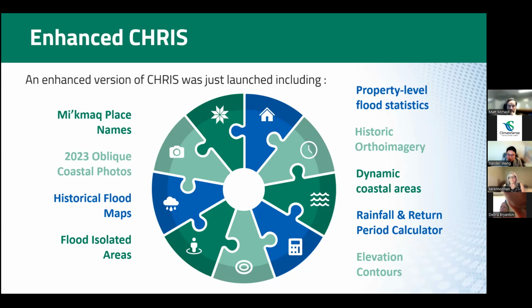And we also included historic ortho imagery so that you can turn them on to look at different periods, what kind of changes we have experienced. And we also have dynamic coastal areas to really show where we typically have sand dunes. These are areas which were subject to constant changes in coastal processes. And we also provided a rainfall and return period calculator. This is to really help people understand